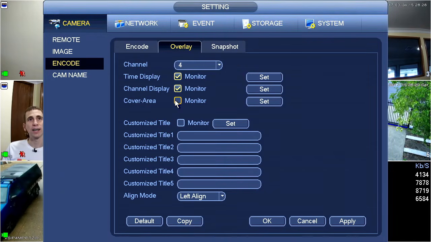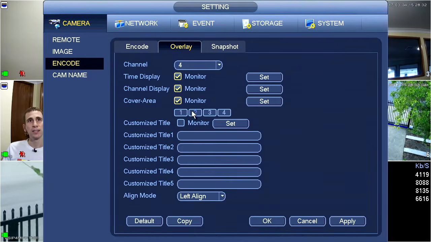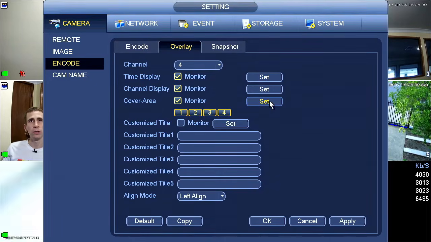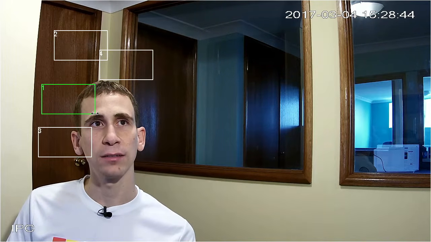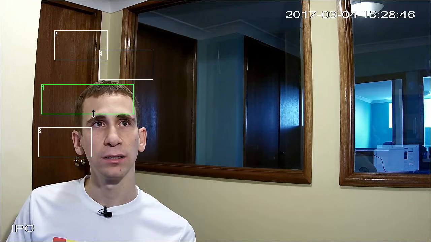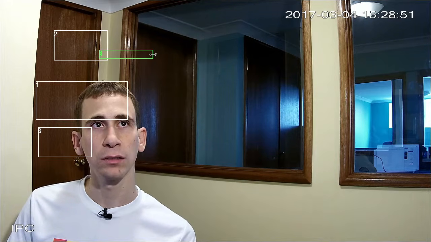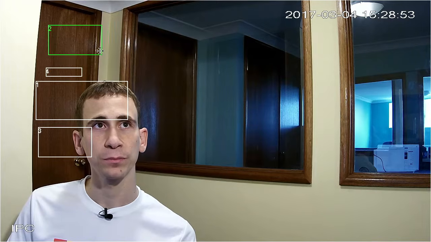Now cover area is masking, as we discussed earlier, so I'm going to select that. Now this gives me the option of setting up to 4 separate masking zones. So in this case I'm going to actually set all 4, and I'll select set. Now I've got 4 boxes here that I can drag around. Now I can make these boxes bigger if I want to. I can make them smaller if I want to, and I can move them around just simply by clicking and